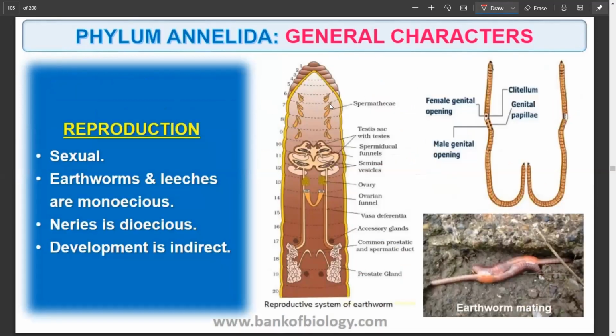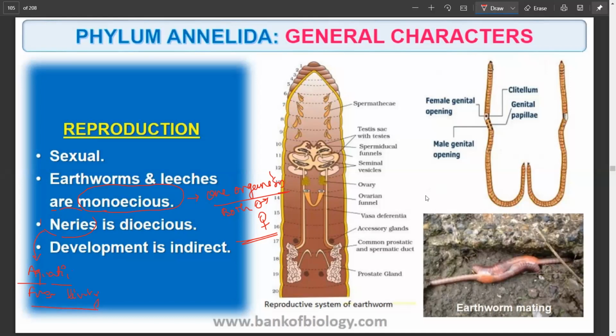So reproduction, again just like the previous case, is sexual reproduction, and in case of earthworm and leech, they are monoecious. That means only one organism or one body is going to have both male and female reproductive structures. That's why they are called monoecious, or basically what we can say, they're bisexual or hermaphrodites. And Nereis is an aquatic free living form. Now this one on the other hand is going to be dioecious, and here development is